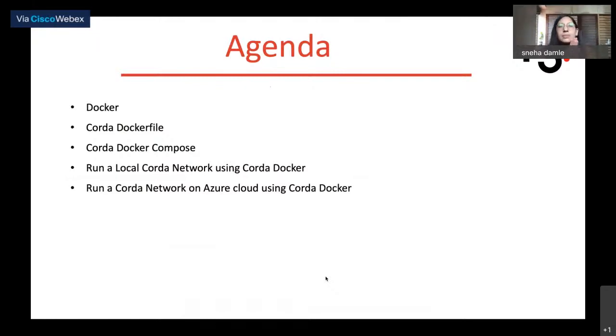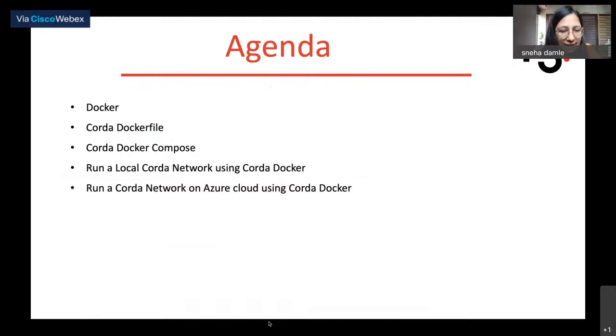So the very first part. Quickly, if I have to summarize Docker, I'm sure most of you must have used Docker, right? Before I move on, make sure that you have Docker installed on your system so that while I code, you can code along with me.